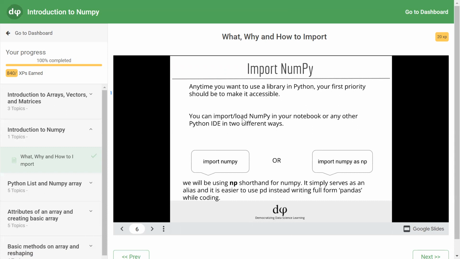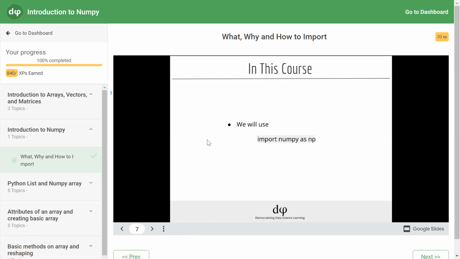You can import or load NumPy in your notebook or any other Python IDE in two different ways: import numpy, or import numpy as np, where in the second syntax we are giving an alias np to NumPy, so that every time instead of NumPy we use np only to access the functions and methods available inside the NumPy library. In this course, we will use import numpy as np.